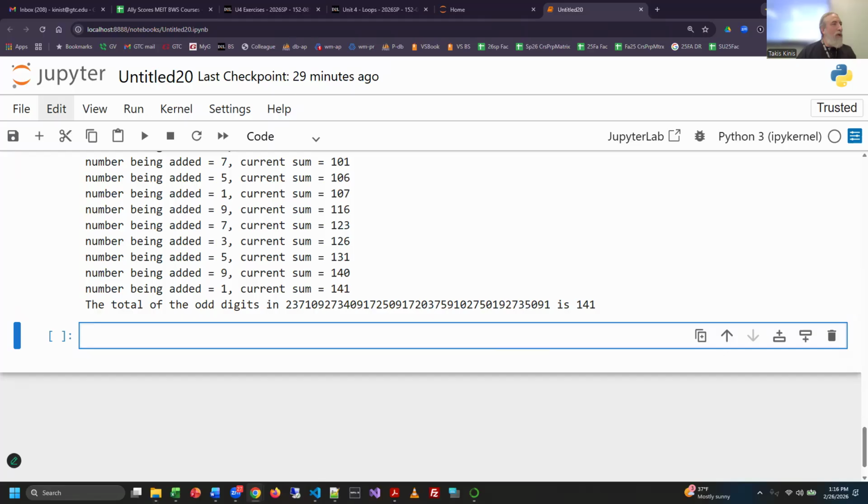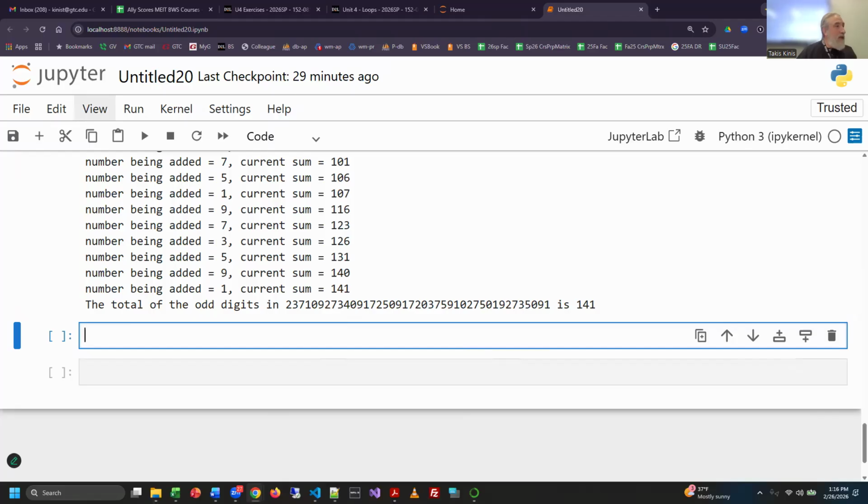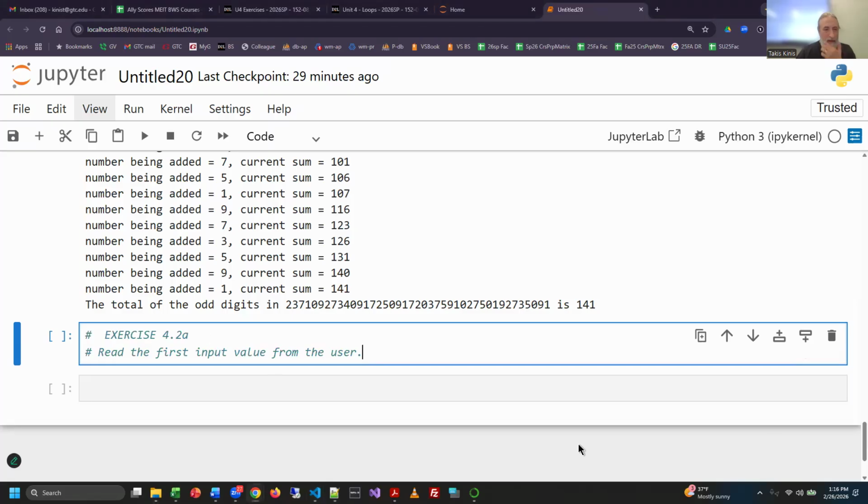And 4.2, I'm going to actually do this insert cell above. Just going to add that there. Just want to show you that you can do that. 4.2a says read the first input value from the user. And I guess I should probably throw in